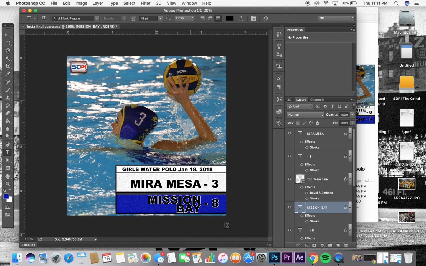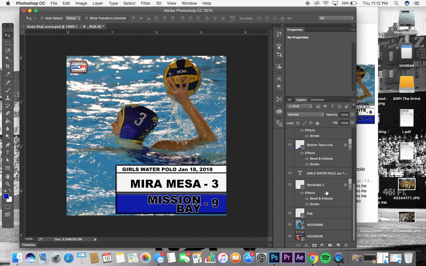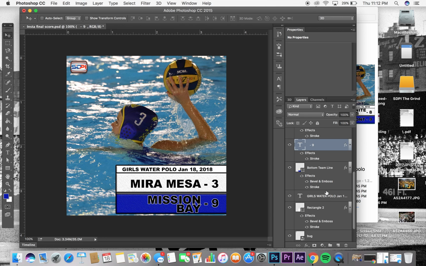Next thing is the numbers. So you come over here, you click the arrow, you go back to the type tool, select that 8, switch that to a 9, which is what Mission Bay scored. Next thing is to get the actual